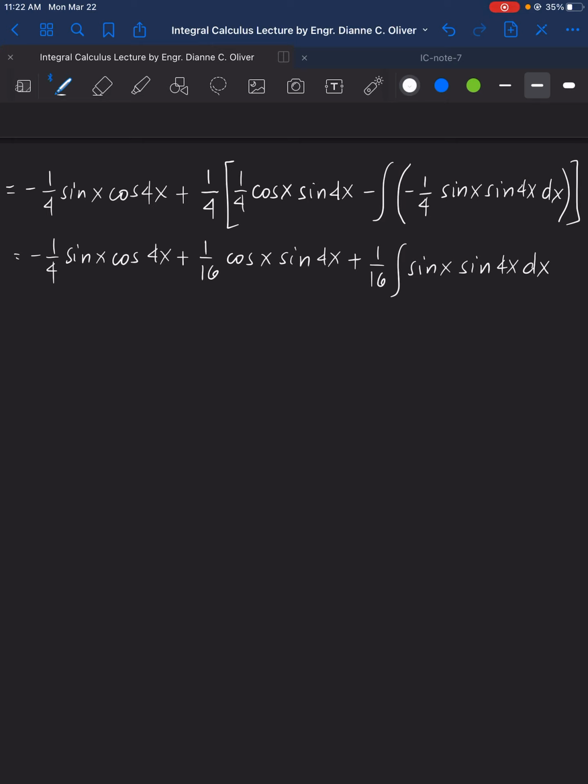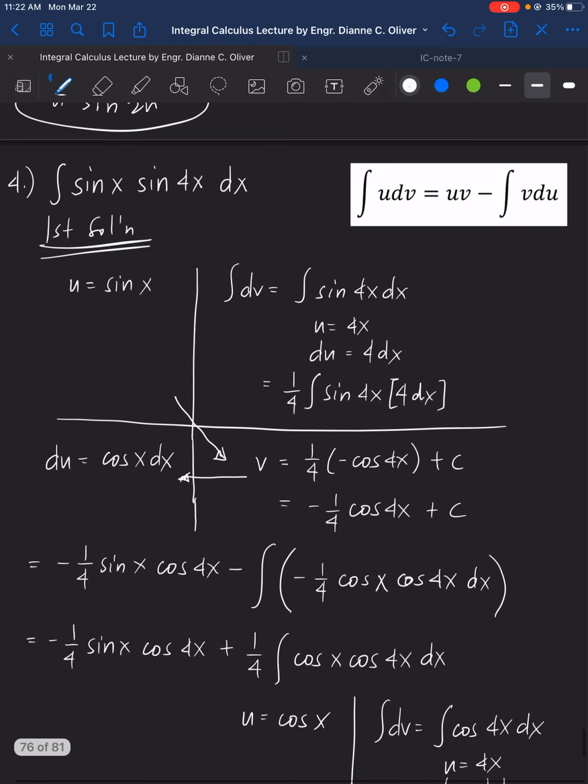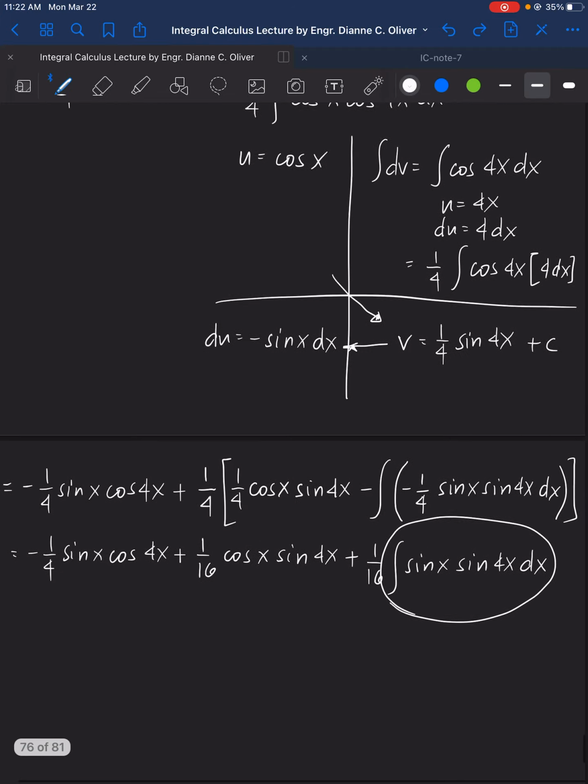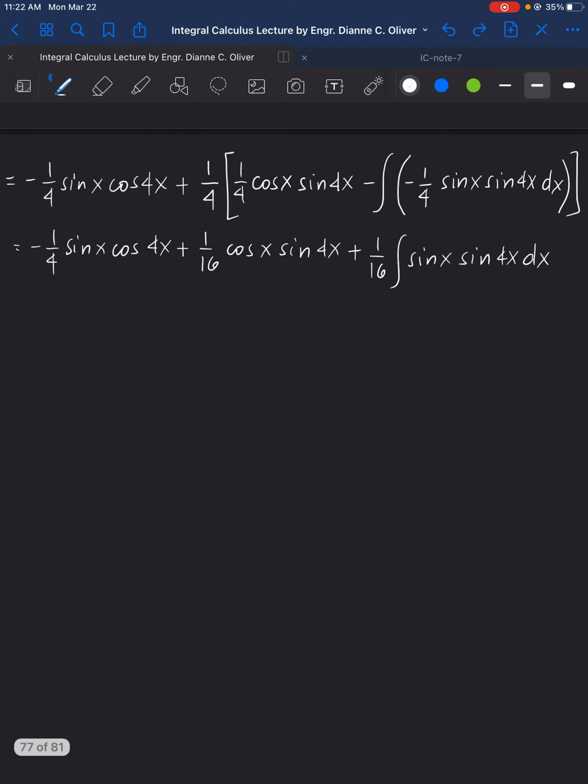Okay. Now, do we need to conduct another by parts? That will be the third one, since there's still an integral sign here. Well, you need to notice that this part here, the integral of sine x sine 4x, is actually the original equation, integral of sine x sine 4x. So what do we do with this one? Now, from the original or the given equation,